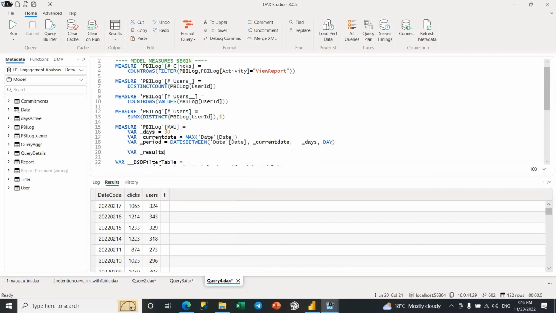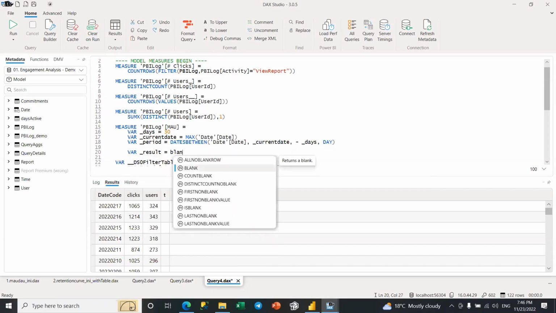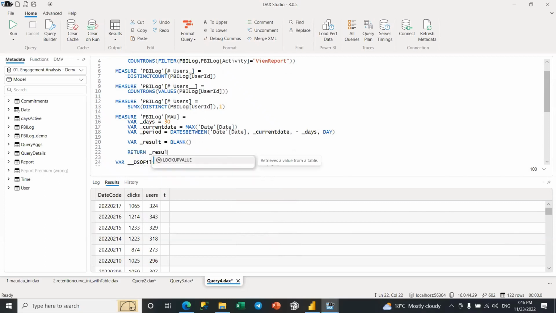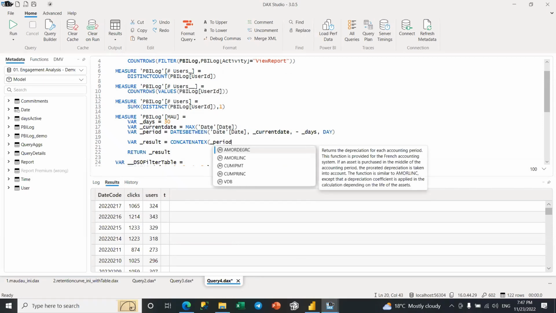Then this is the result. And let me just return result. And what we're going to do here is debug a bit: what is this particular set of days? Can we do that? So let's use CONCATENATEX. We're going to iterate over that list, that table. Right now we have a table here, which is the list of the last 30 days, over the current filter context of the date.